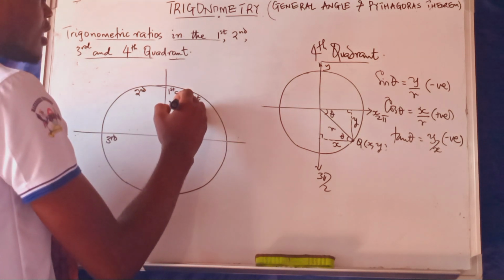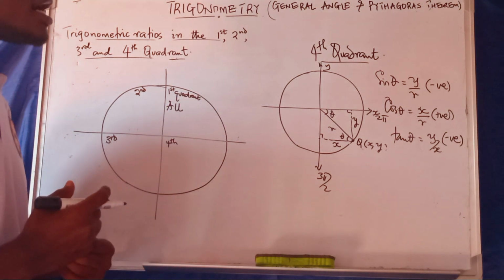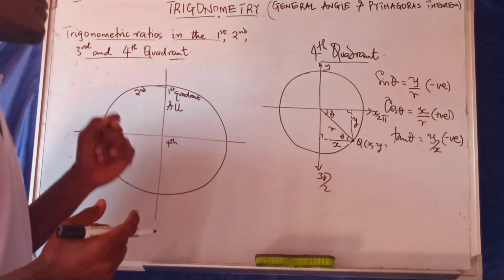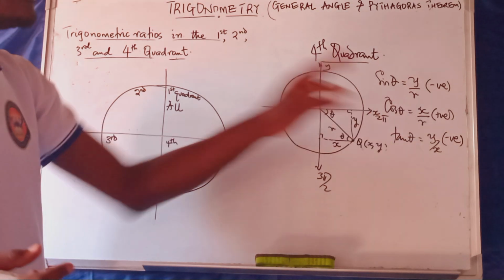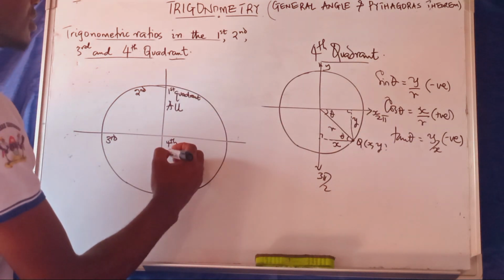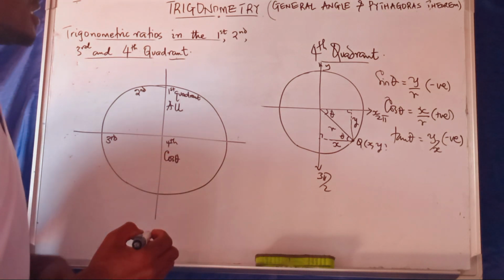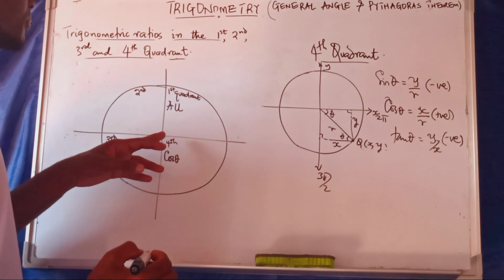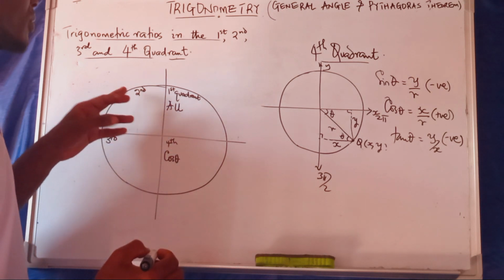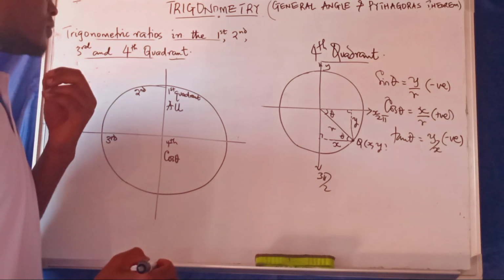Here, all trigonometric ratios are positive, and in the fourth quadrant, it is only the cosine which is positive, and in the second one, we say that the